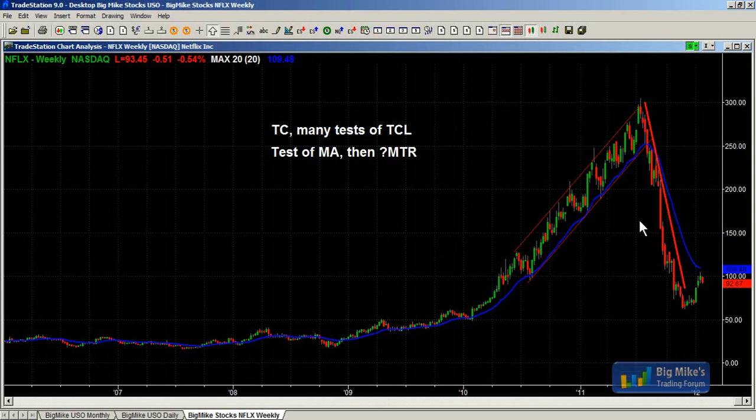I remember last year when it was going up, I mentioned several times in the room that I don't understand it. Using Peter Lynch logic, the guy who did the Magellan Fund back in the 70s and 80s: if you see a product and you like it, the company is probably going to go up. If you see a product and you don't like it, the company is probably not going to make much money, and the stock is going to go down. I mentioned that several times last year.